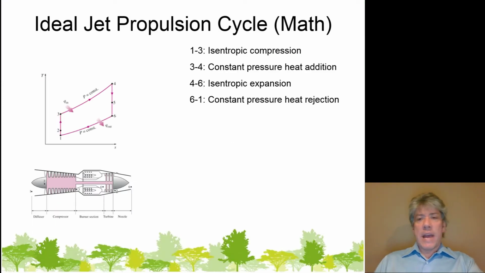Now, what about the math associated with this? Well, it's kind of nice because we can essentially use the same equations we had before for the Brayton cycle, because forget state 2, right? I mean, 1 to 3 is still isentropic, 4 to 6 is still isentropic. We don't have to worry about the intermediate states of 2 and 5. 1 is related to 3 isentropically, and 4 and 6 are related isentropically. And we can use constant pressure heat addition, constant pressure heat rejection, and then our energy balance on those